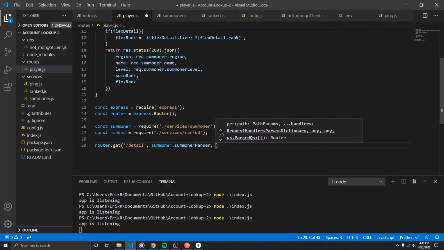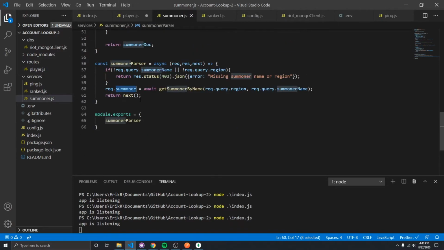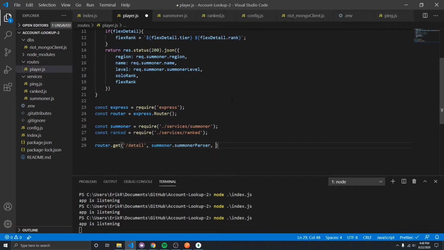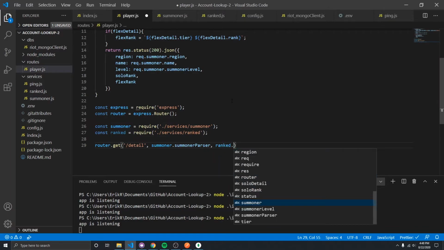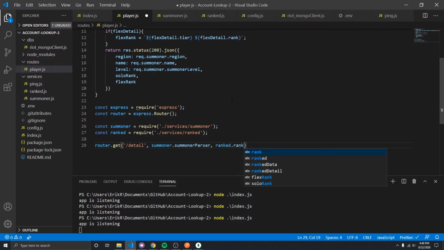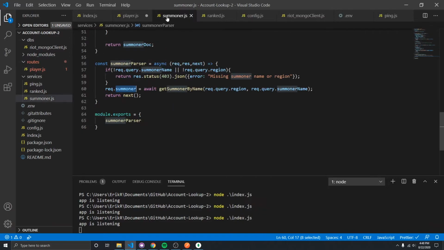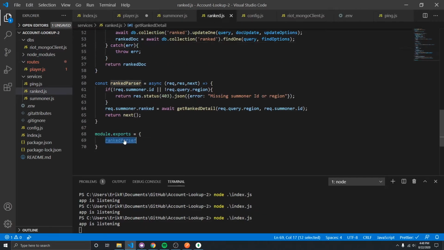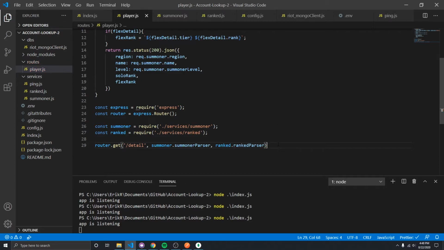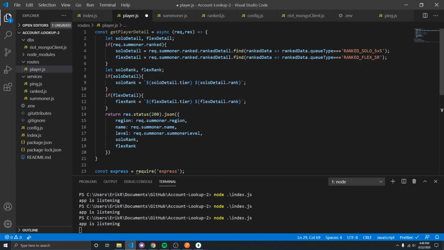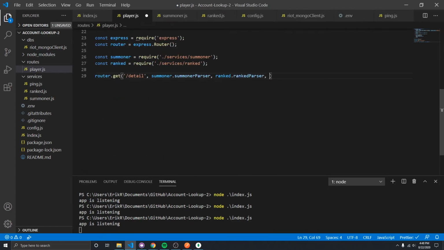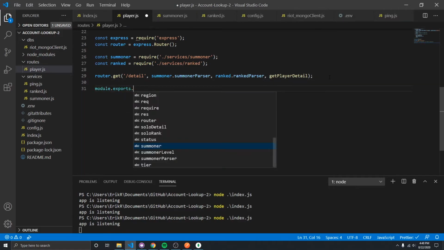And then we're going to also want to, is summoner parser? It is. Okay, just making sure. Then we're also going to want to send it to ranked, or I can't remember what it's called. Hold on. Is it just ranked parser? It is called ranked parser. Great. So there. And then we also want to send it to the get player detail method above. And once that's all said and done, we just need to export that as a router